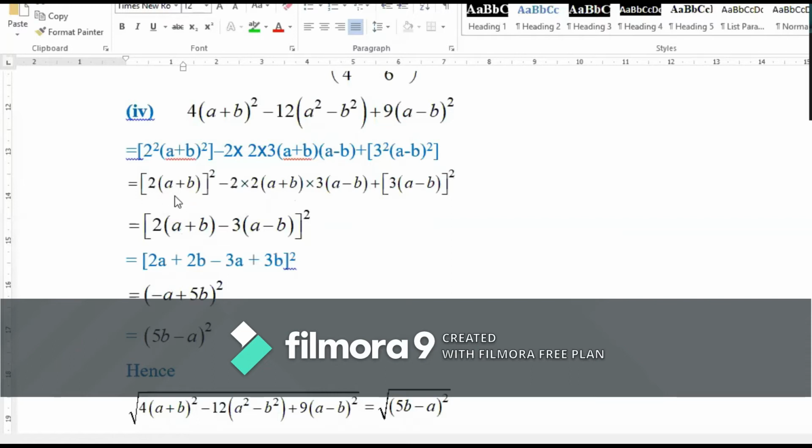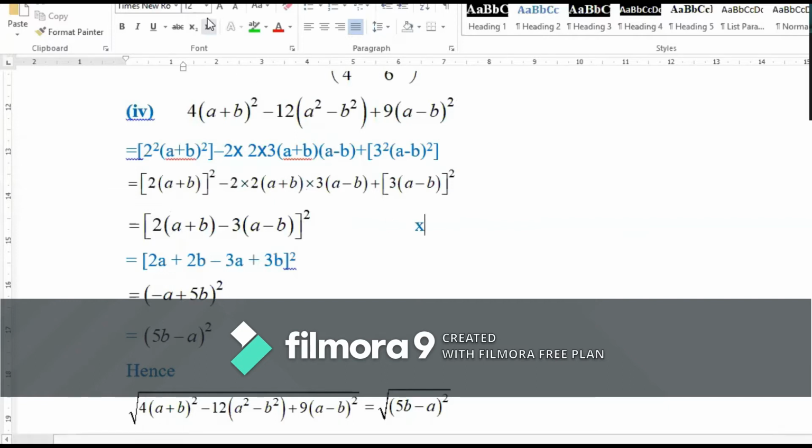First term 2 times (a plus b), and 3 times (a minus b). Both of these terms will be written as the difference of two terms and its whole square. The first term is 2 times (a plus b), and the second is 3 times (a minus b). And once you write it as a whole square, this arrangement will disappear, because obviously whenever you write it as a whole square, any term which is used as a perfect square is absorbed. Just telling you,